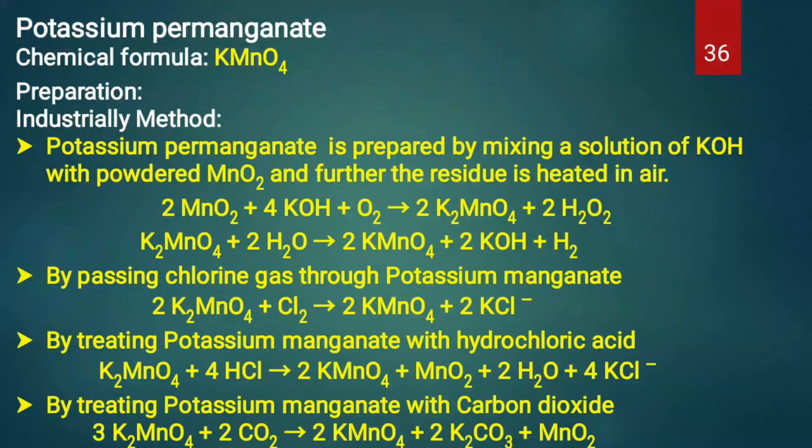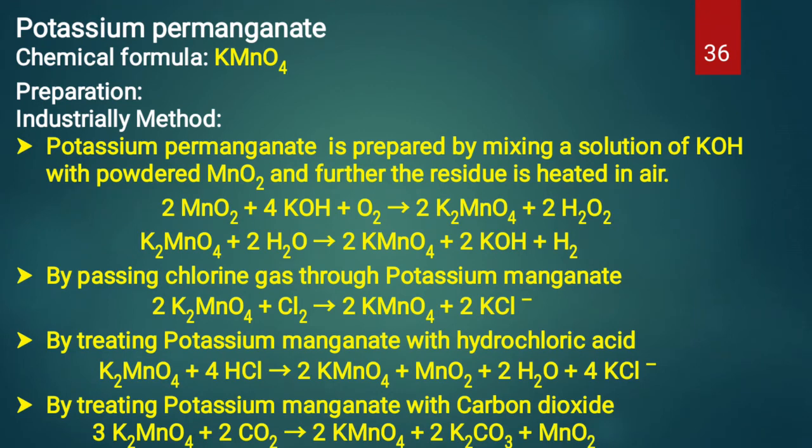Potassium permanganate. The formula for potassium permanganate is KMnO4. Industrial preparation of potassium permanganate. Potassium permanganate is prepared by mixing a solution of potassium hydroxide with powdered manganese oxide and further the residue is heated in air. Manganese oxide reacts with potassium hydroxide in the presence of oxygen to form potassium manganate first,